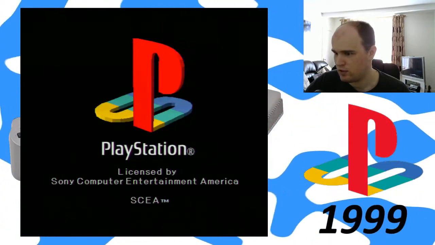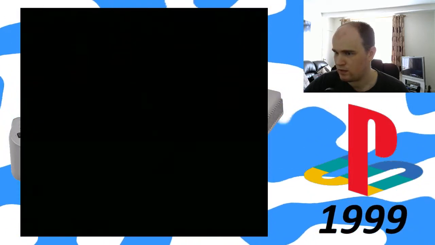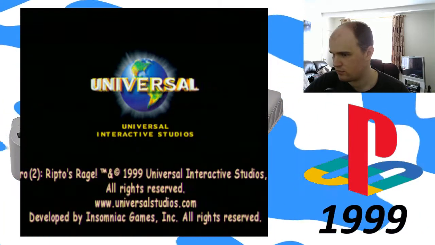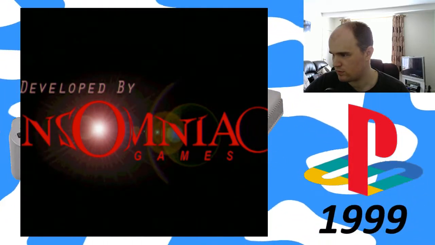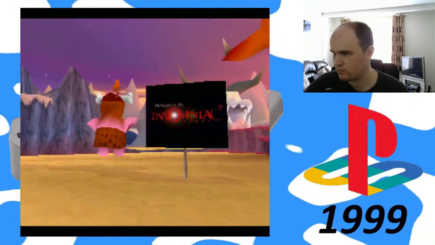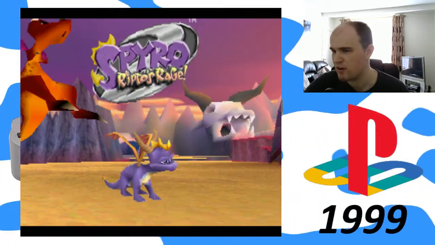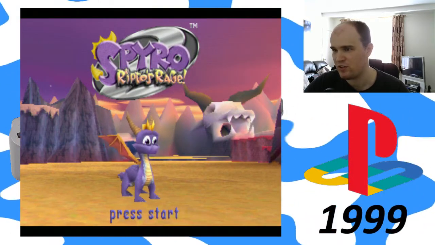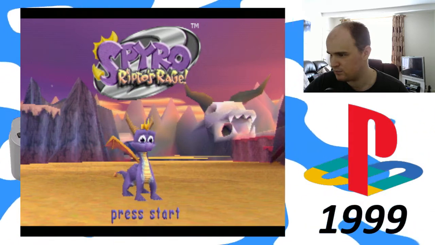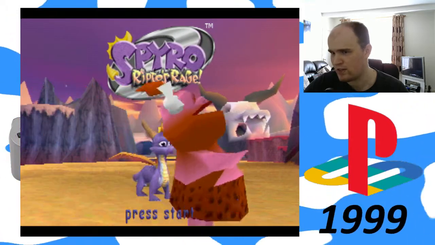Now, we've got to sort this out now. How strict? Oh no, that's way too much. Oh my goodness. Interesting, they're using the European name on the menu, but they're using the American disc image, so it still says Ripto's Rage at the title screen, even though the European version was Gateway to Glimmer. Strange. Oh man, I was way too aggressive on the...